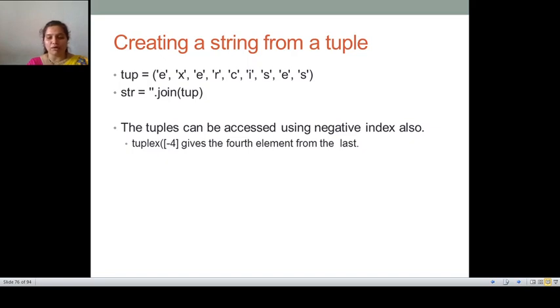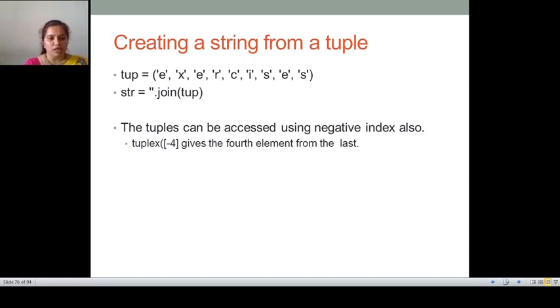So that was about the difference between a list and a tuple, and we have discussed the creation and deletion of a tuple.